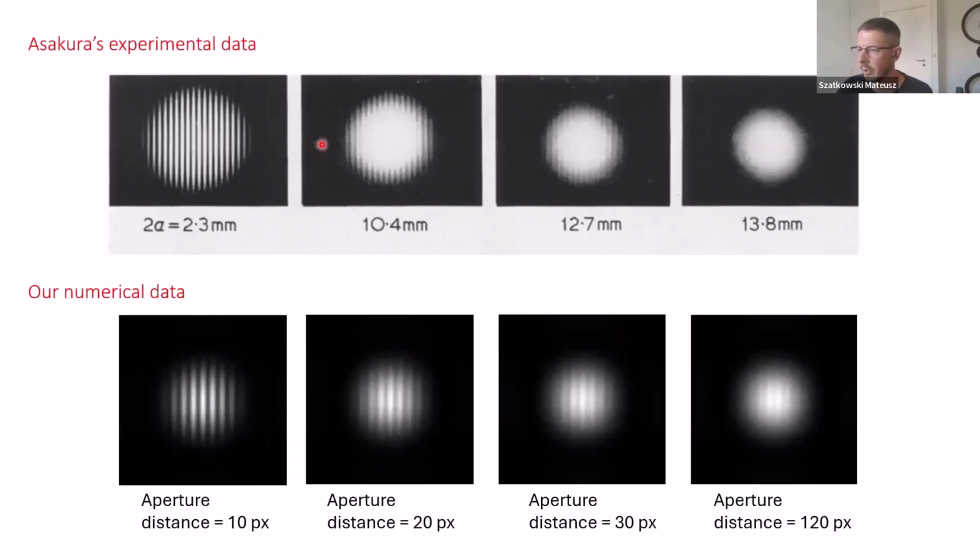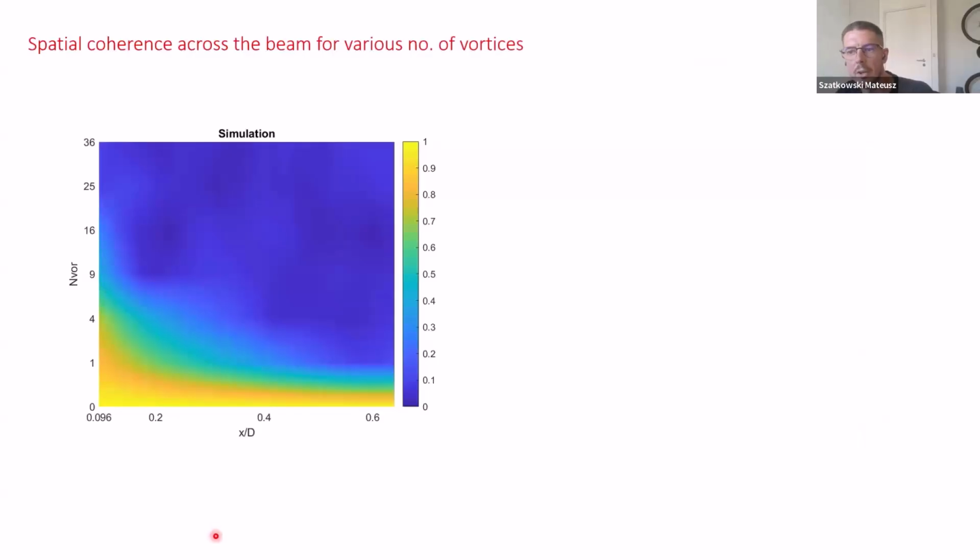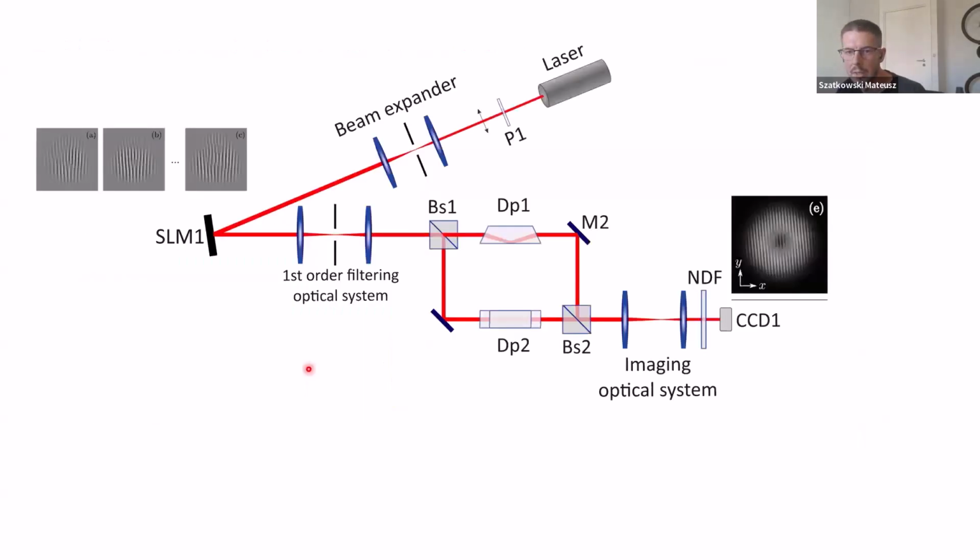Here are the results from Asakura, and here are the results from our experiment. And at the bottom, you can see the distance between the two apertures. So basically, we scan the field farther from the center. Here is the result of the simulation, where on the x-axis you have the distance between those two apertures, and on the y-axis we have the number of vortices. And you see that if we increase the number of vortices, the coherence drops down, and also if we go further, the coherence drops down, which is the expected behavior. We tested that